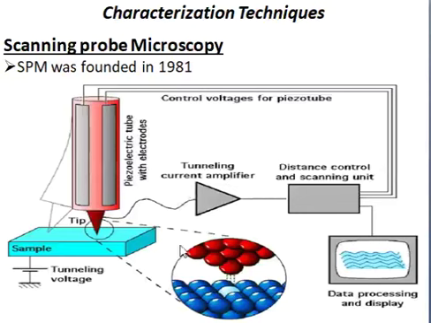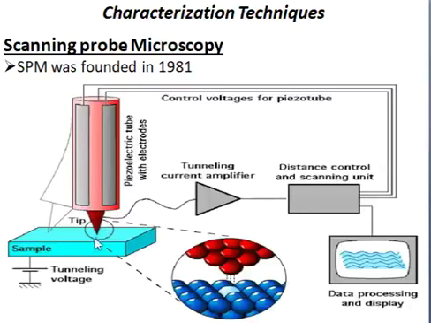Working is very simple. You can see here there are certain forces set up between this tip as well as this surface. Whatever the shape and size of these atoms are, those are reflected in the display by processing through the processing unit. So current is passed to the piezoelectric tube, which will allow the movement of the tip, and in certain cases the tip is moving in x as well as y direction. In certain cases, the sample is allowed to move in x and y direction.